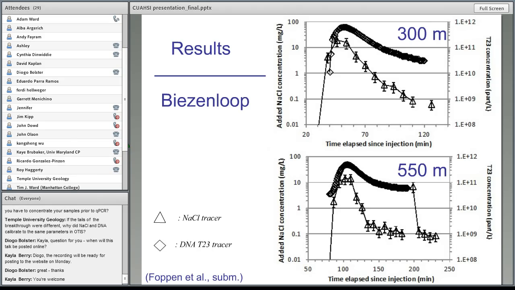Temple University Geology wonders if the tails of the breakthrough curves appear different, why did the sodium chloride and DNA tracers calibrate to the same parameters in OTIS? Because the dispersion and the cross-sectional area of the brook are more or less defined by the rising limb of the breakthrough curve,